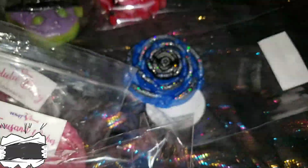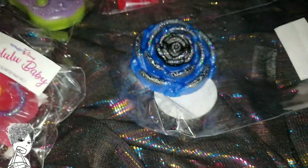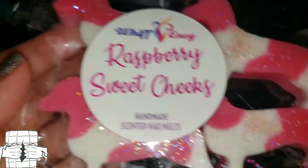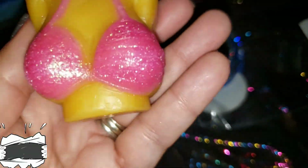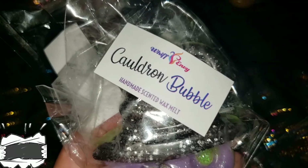All right, so we have the Island Vibes, Hello Sunshine, 1,000 Wishes, Honolulu Baby, Raspberry Sweet Cheeks. I just thought, like, come on. All of these shapes are just so nice for melting videos. We had the sexy girl. What was this one called again? Melon Medley, because they're melons. And then we have the masculine Big Bad Wolf. We have the Spring Cleaning, Cauldron Bubble,